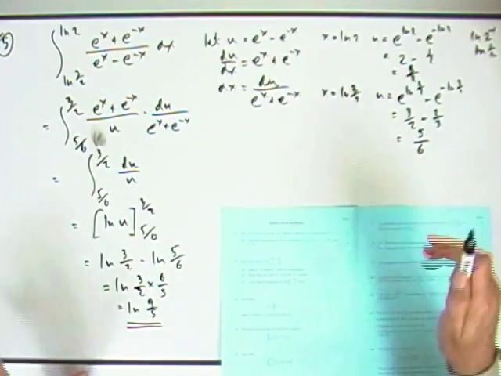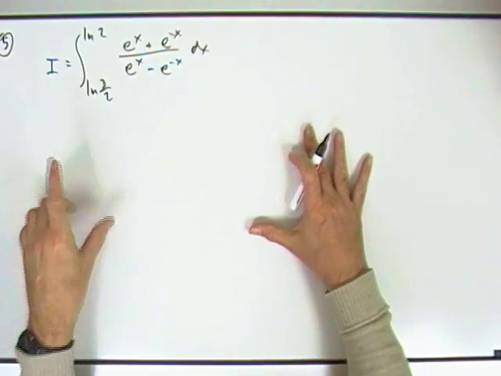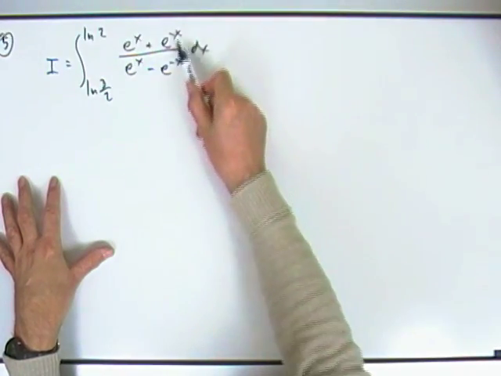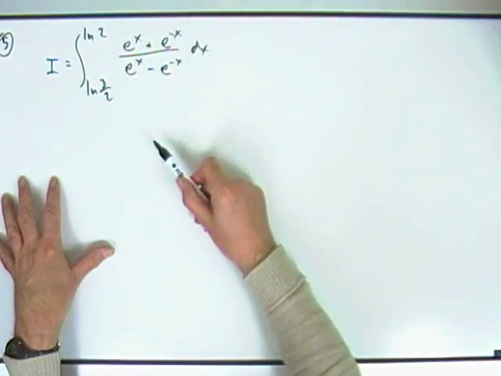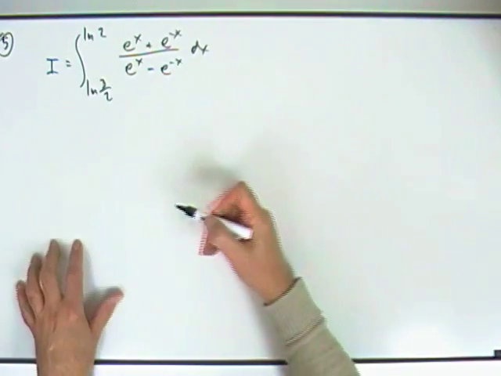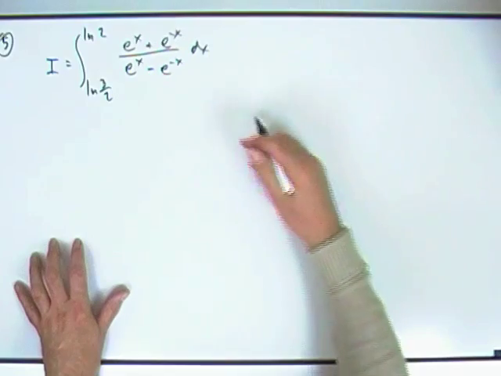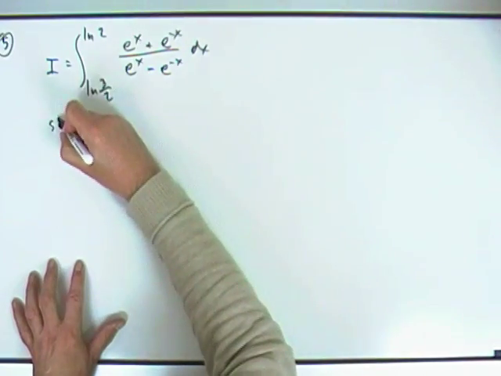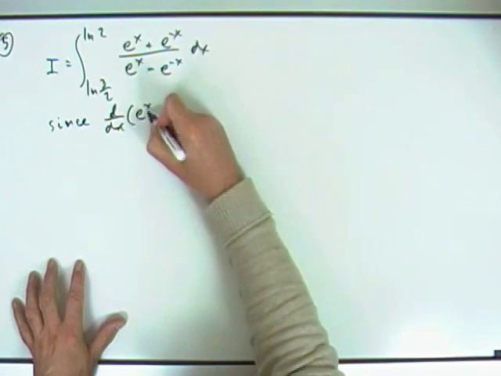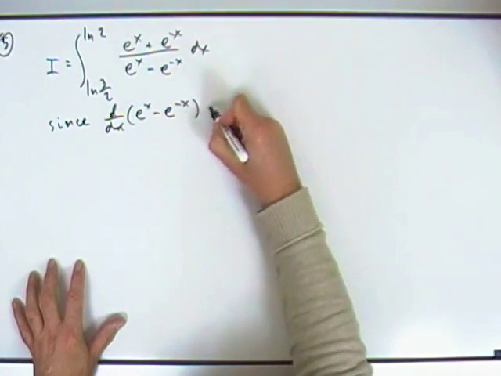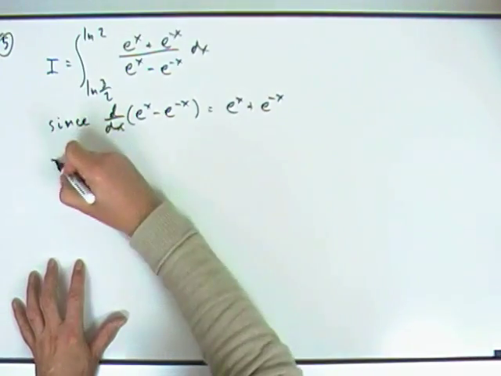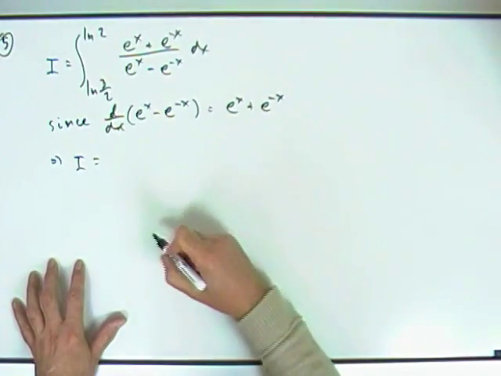Now you could have just done it by inspection. So, by inspection, which means simply noticing the top is exactly the derivative of the bottom. So that's precisely the logarithm of the denominator. If you wanted to give a reason, you could put that down. You could say this, I'll put it down. So I'll say, since d by dx of e to the x minus e to the negative x equals e to the x plus e to the negative x, that means that that integral that I was going to evaluate